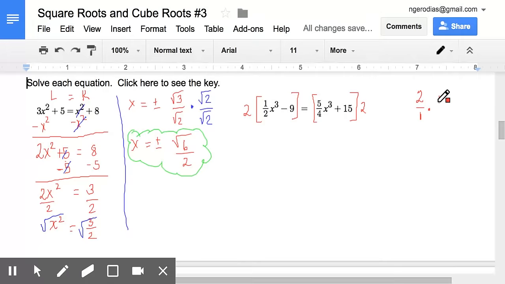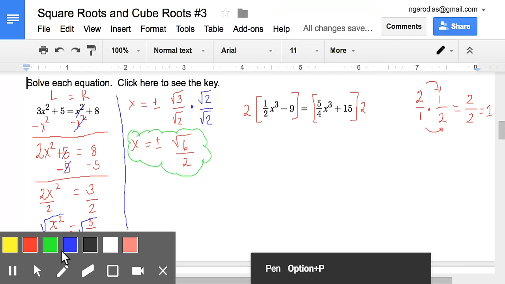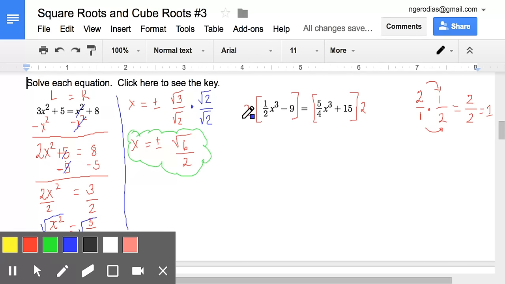And then when we multiply it by a fraction, let's say 1/2, it's going to be top by the top. So 2 times 1 is 2, over 1 times 2 is 2, and that's going to be 2 over 2, or 1. So when we're multiplying fractions, we multiply top by the top, bottom by the bottom, and we simplify. Okay, so here what we could do is put a 1 underneath the 2,